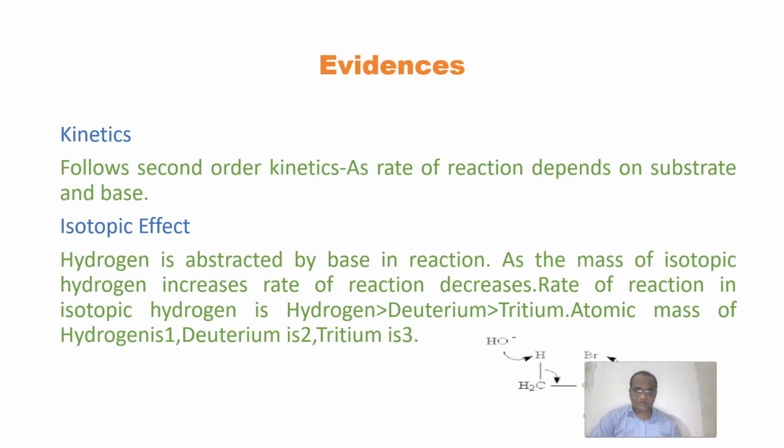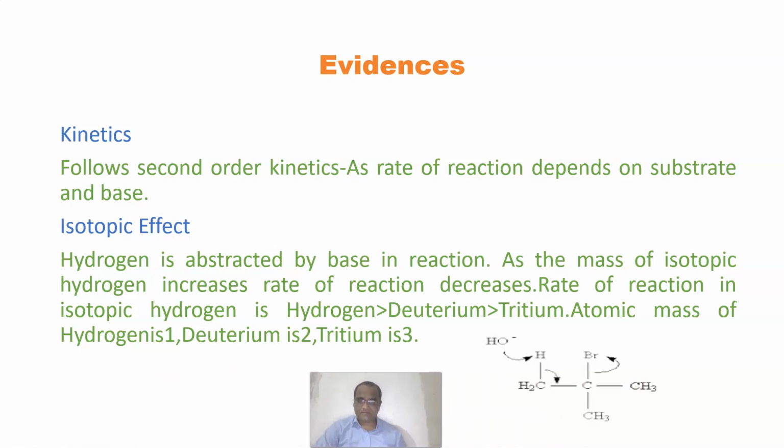Okay, so from this I can explain to you. See, this is the mechanism we were talking about. This is a hydrogen on the beta carbon. I already explained the alpha carbon with bromine, and the beta carbon having CH2, when the base abstracts a hydrogen.